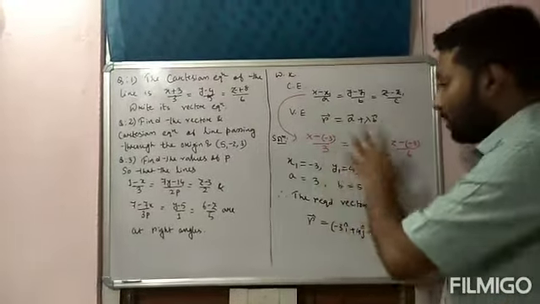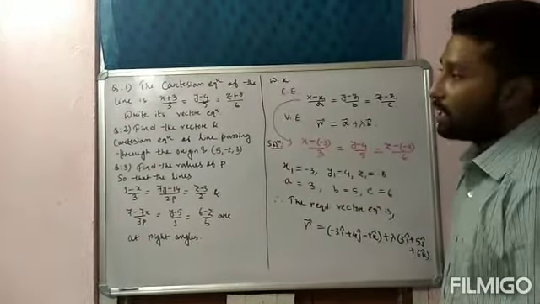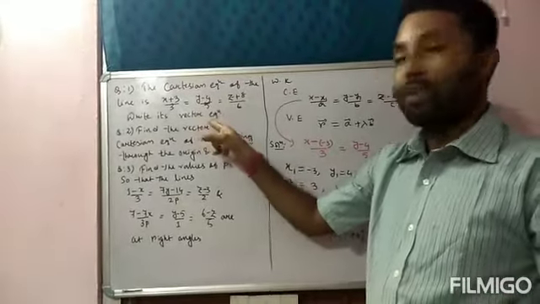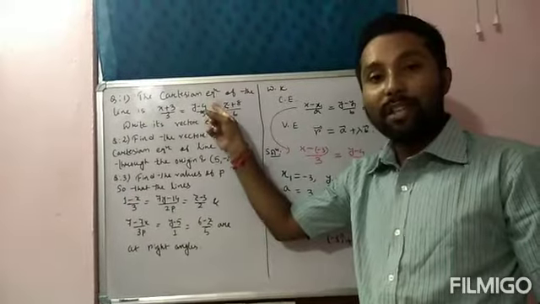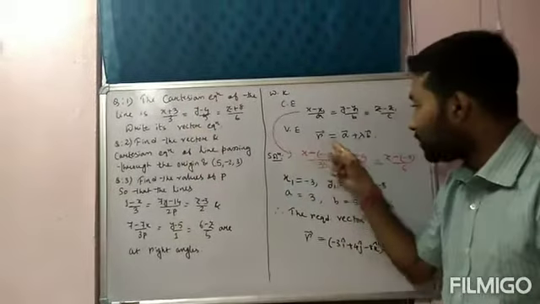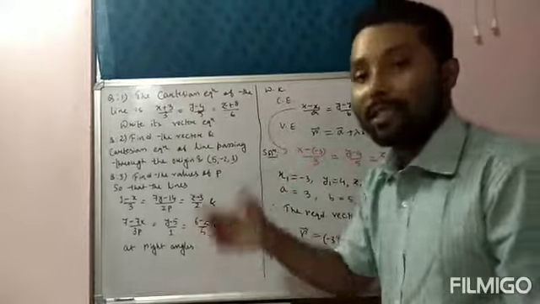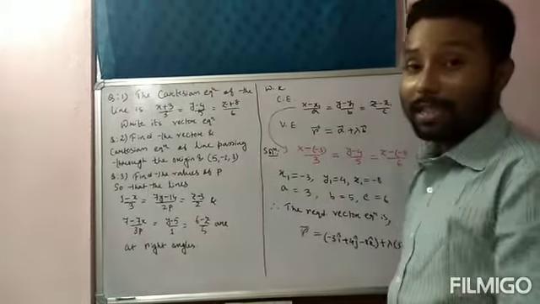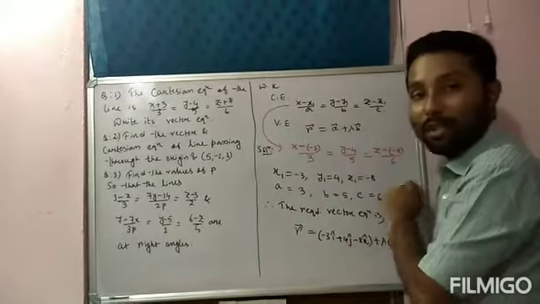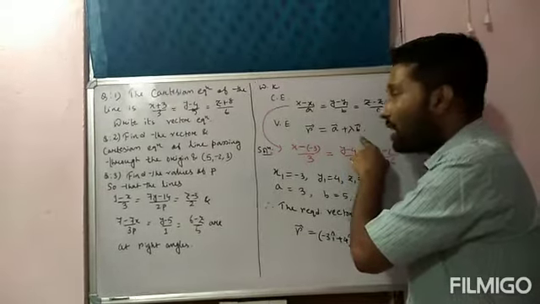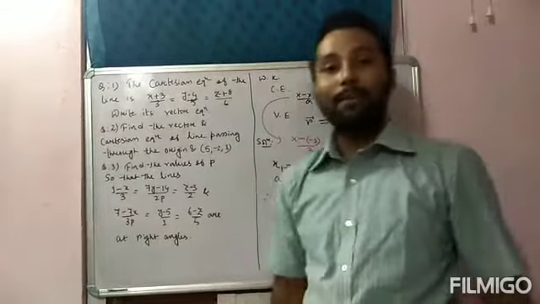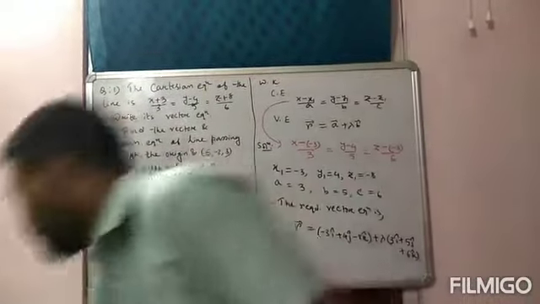Okay, so in this way we can solve question number 1. If the reverse question is given, you have to solve it the same way. That means if the vector equation is given and you are asked to write the Cartesian equation, first of all compare the given equation with the standard vector equation form. By comparing, you get the values of a bar and b bar. The values of a bar, that is x1, y1, z1, go in the numerator, whereas the values of b bar go in the denominator. That's it, so easy. This type of question carries 1 mark at most. Okay, so the next question.